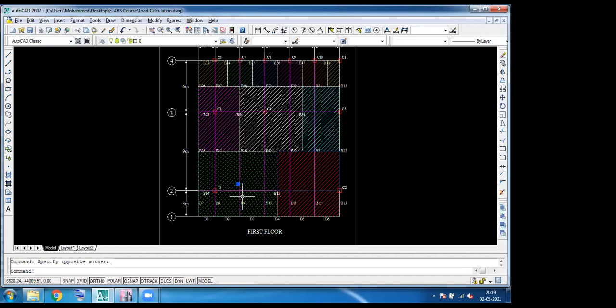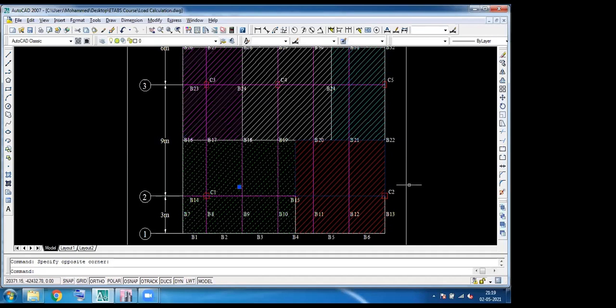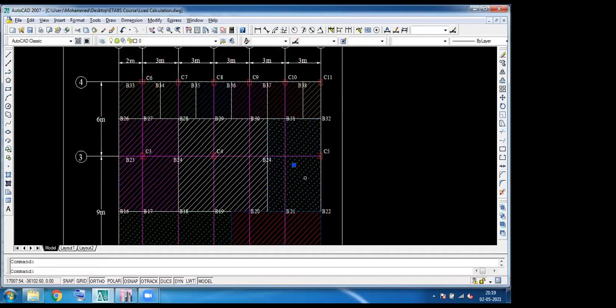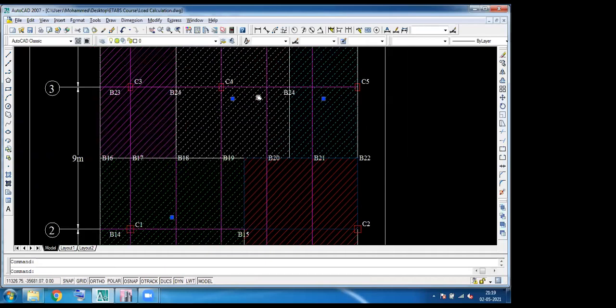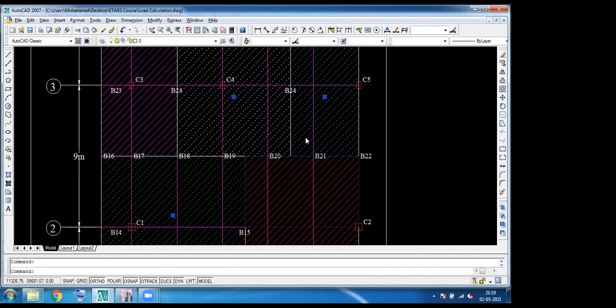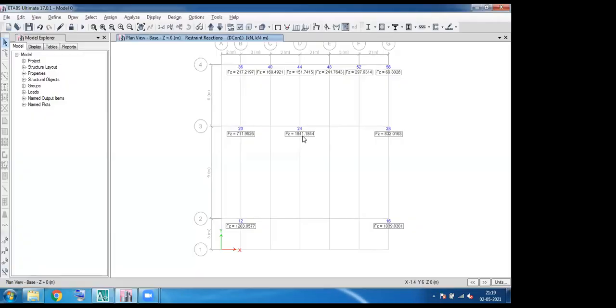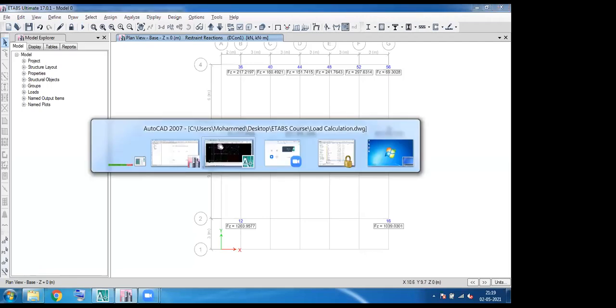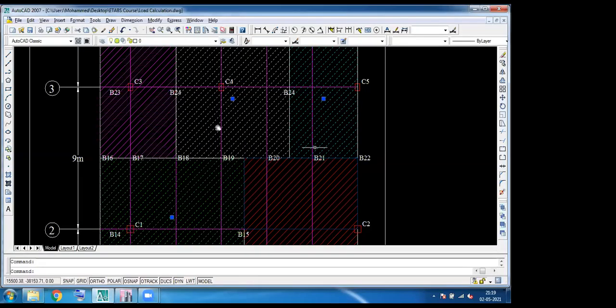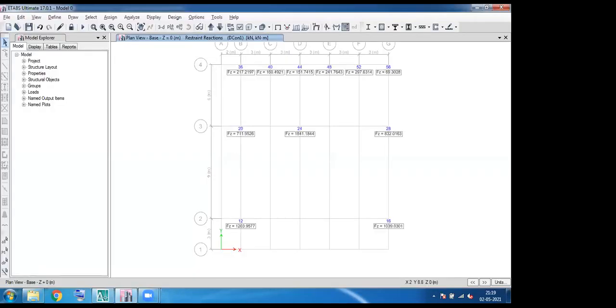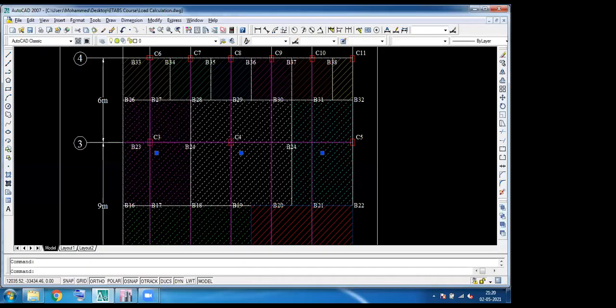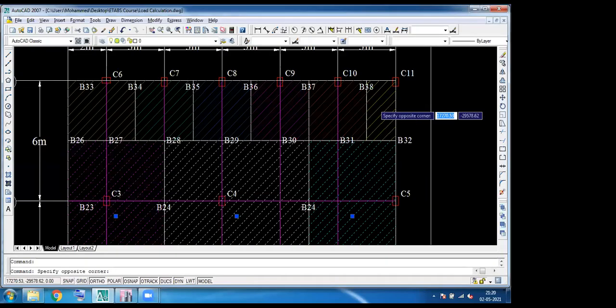Okay, now you have a small idea about fixing the size of your column. Because by using the tributary area, we know that this column will carry more load compared with other columns. See, this is the hatching area for this column, C5, which bears only the load from this area. The C4 also has more load compared with C5. Let me check. Yeah, see, 1841. This is the major area. And then C3. C3 is the lesser load. And these, see, this is the very smallest load. Okay, C11.